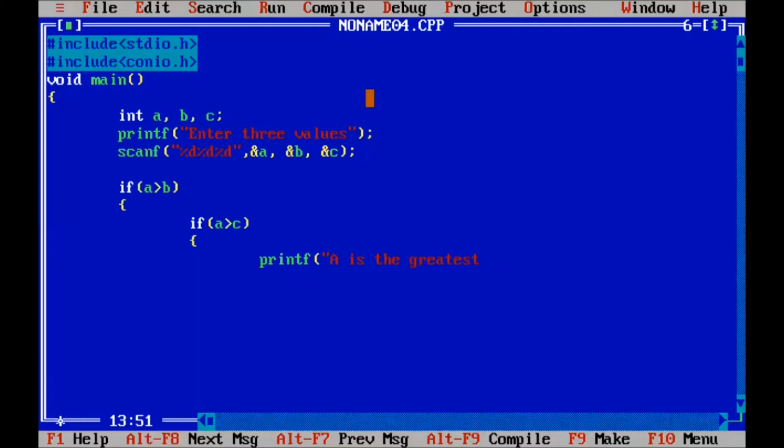Okay, so this message will print: a is the greatest number. Here is the close.